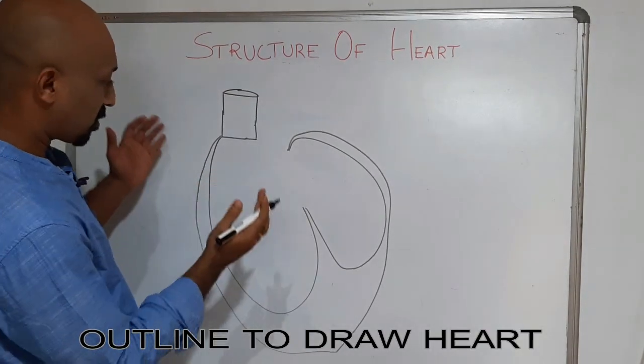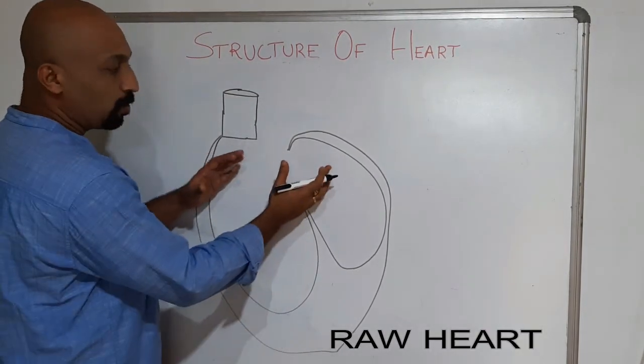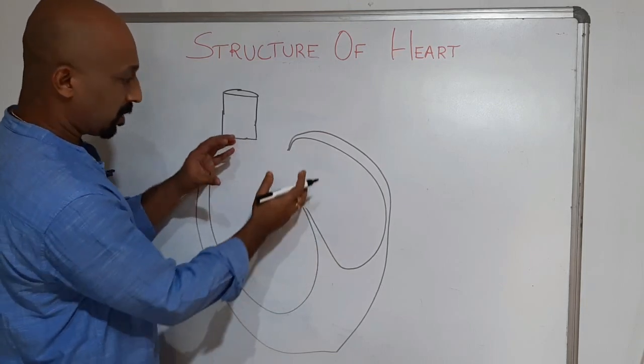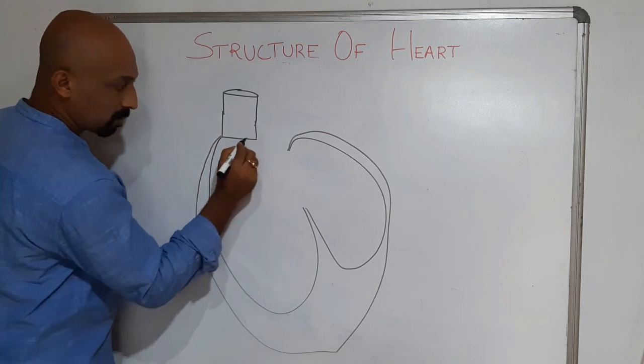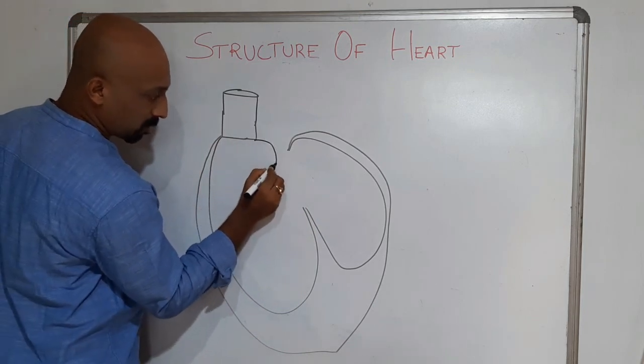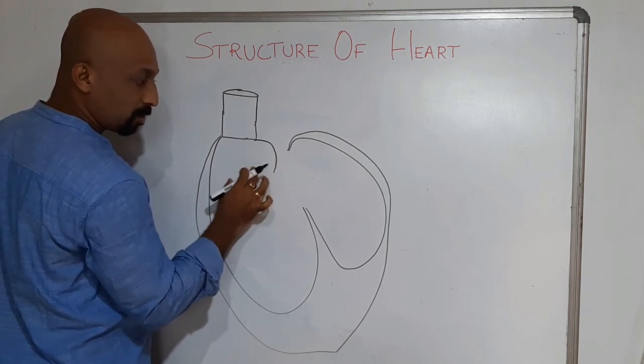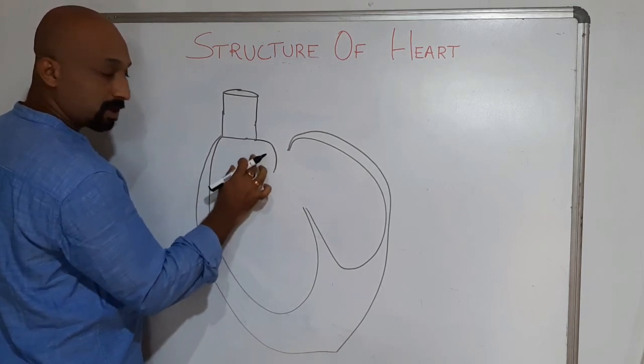So next we are going to the next structures. There are basically 4 chambers in the heart, so we are going to draw the 4 chambers. Basically the 4 chambers we should draw like this. So one structure we can keep like this. Automatically in this area I'll get a structure to draw the first chamber on the right side.